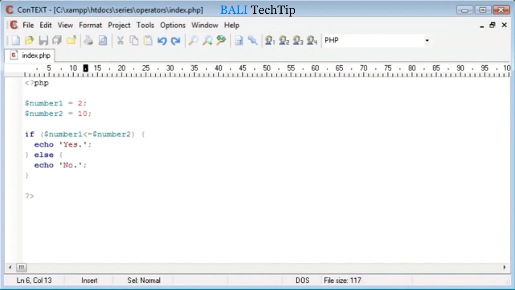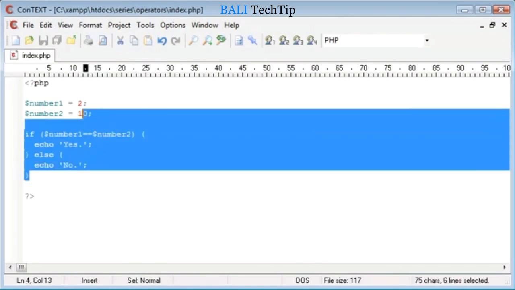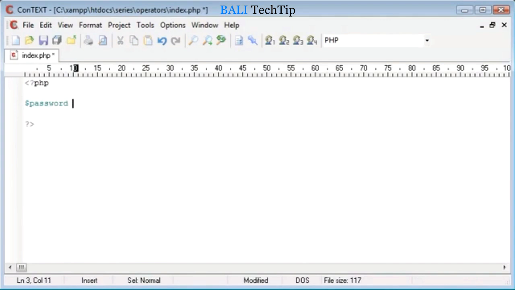However simple they may seem, they are extremely useful. You'll probably find yourself using the double equals a lot if you're creating code. For example, if a user was to submit a password through a form, you may want to check if their password is equal to maybe a preset password or a password stored in the database. And therefore what we'd do is something like, if we were to have a preset password,